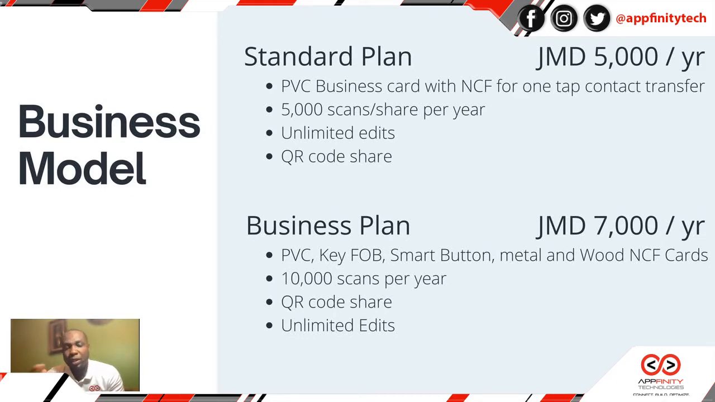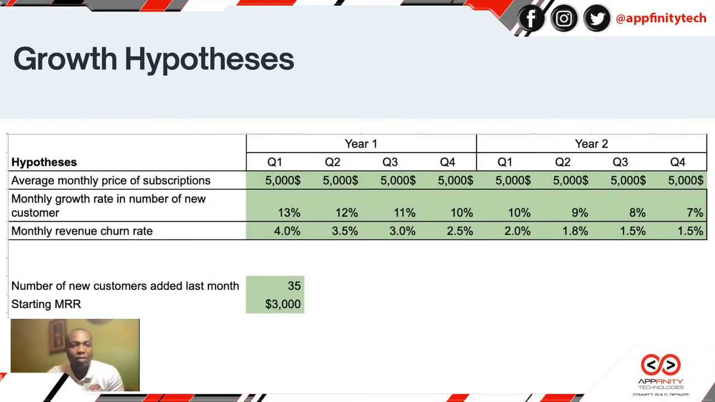Now that we understand the business model itself, let's move directly into the budget and some of the things that we're actually taking into consideration here. The first thing we're looking at is around the budget. It's really the growth. All right, for the growth, average monthly price subscription, we're looking at $5,000 per month, and